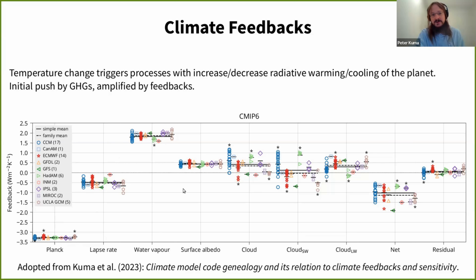And another main one is water vapor. So I mentioned that water vapor depends on air temperature. So once the air temperature is greater, we also get more water vapor in the atmosphere, and water vapor is a strong greenhouse gas, so that amplifies warming. And then Planck feedback, that's the one which I mentioned before, which means that as we increase temperature, there's more terrestrial radiation being emitted into space due to Planck's law, and that cools the Earth. So that's the main compensating factor that turns the radiation balance back to zero.